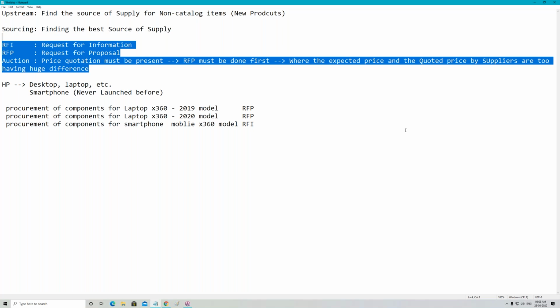Because shortly we will go to the screen and there I will show you one concept, quick project and full project. All of you would be able to take your answer independently: should we choose quick project or full project. If you know the meaning of RFI, RFP, auction and when you are going to do RFI, RFP, auction. If you don't understand the basic things, you won't be able to take the decision. So that is why, to remove the resistance in between, from the beginning only we should be very, very clear. That is why we spend half an hour on this part only.